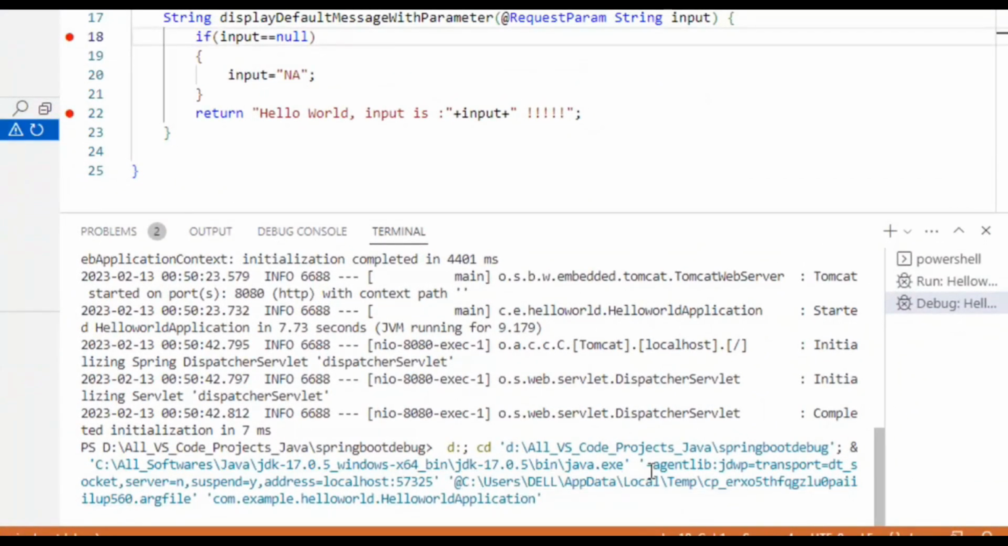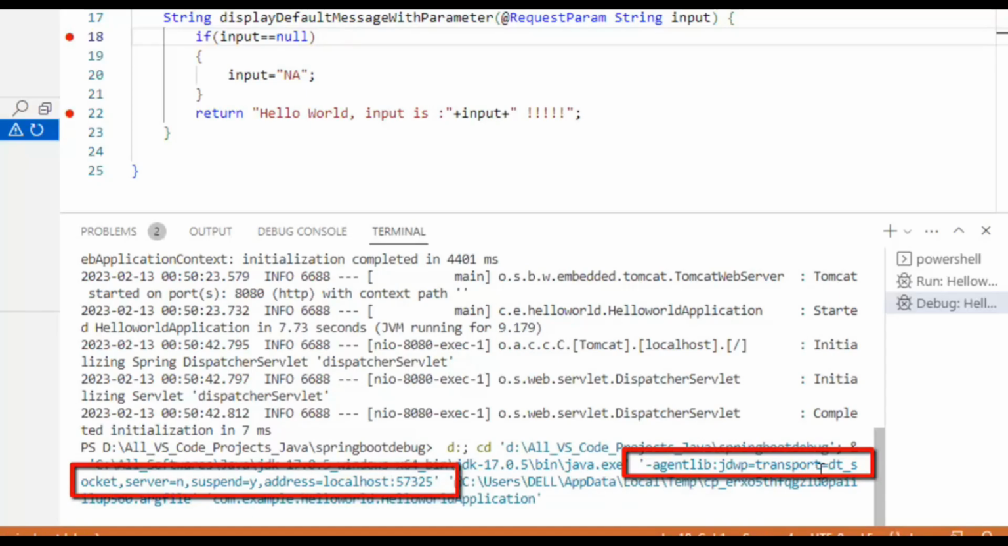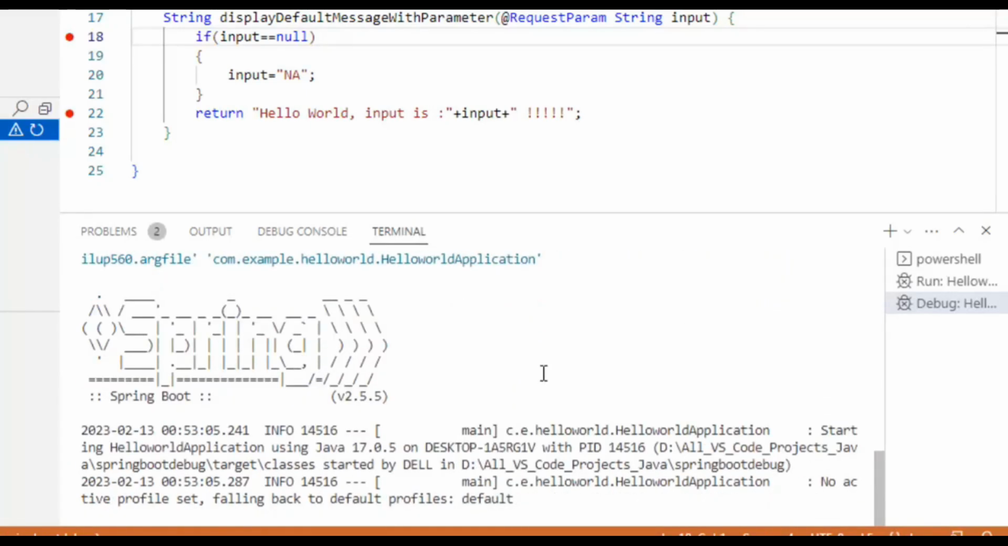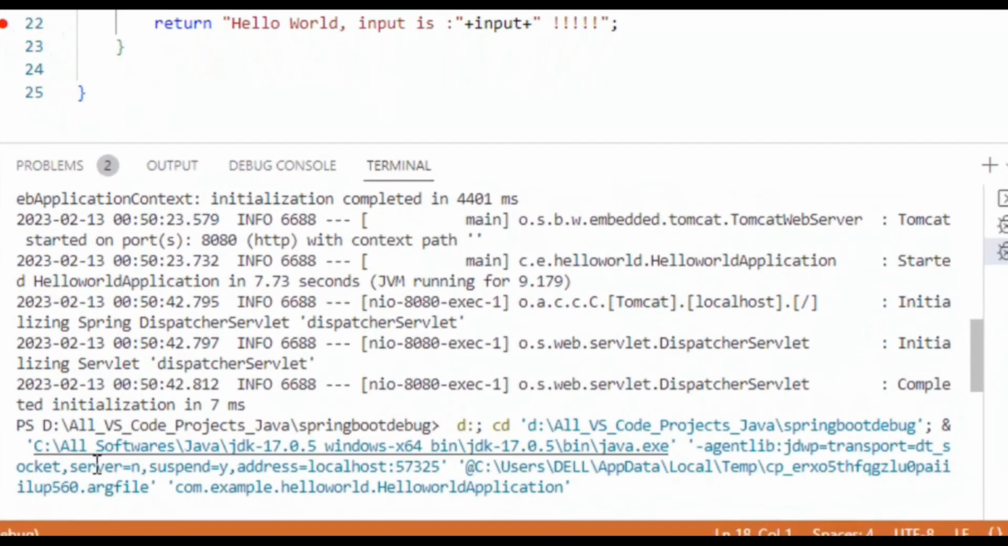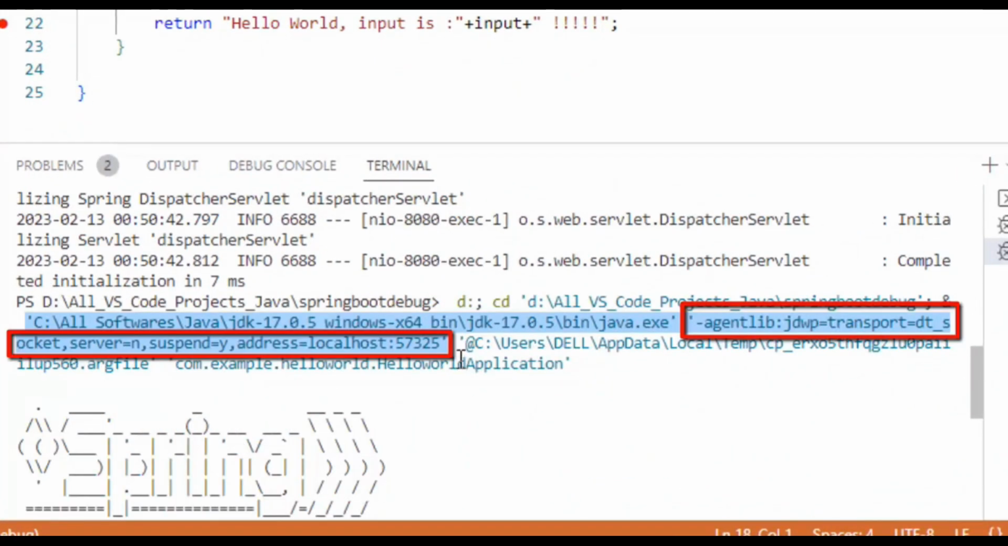Here, at the bottom, it is using agent lib, JWT, JDWP transport dt_socket, etc. Okay, let it be up, then I'm going to show you the command that it is using. So the application is started. If I scroll up a little bit, you can see over here it is using all the debugging related parameters